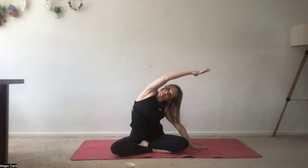Amazing. Nice one. All right, we're just going to do another little side body stretch for the upper body and then get into a little bit more heated work. We're going to bring the right hand down, inhale, lift with that left, and just take a little side body stretch here, just taking our pulses today. Just see if you can get a little stretch in the upper body, pushing down in that left sit bone,